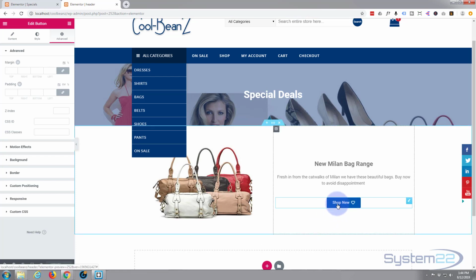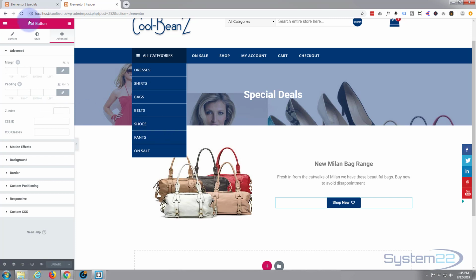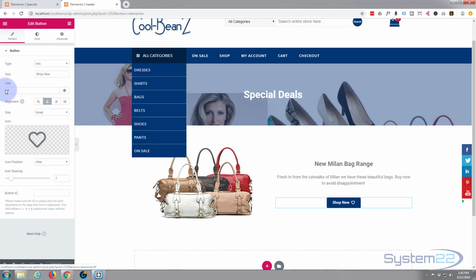Actually, come to think of it, I better put a link in because I haven't told that button to go anywhere yet, and we want to go to our bags page. I copied that link earlier, but I went ahead and did some other stuff. So let's go back to the content. Here's the link box. I'm just going to paste that in there. You can actually cut off the first bit if you want, the local host in this case, or yours would be your domain name, http:// domain name, but I'm going to leave that like it is because it's going to look there anyway. Now let's update that. We're happy,